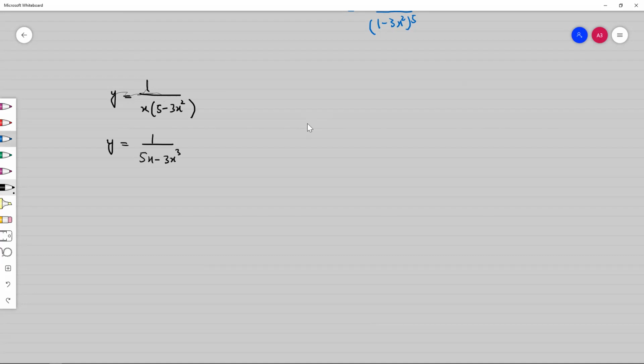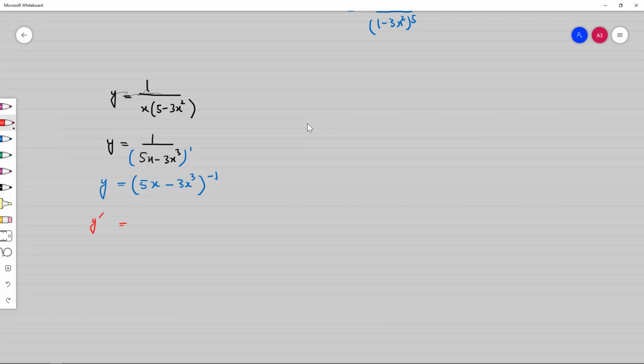Now we have a single expression in denominator, but we don't have any formula when the function is in denominator. So we will shift in numerator. It would become 5x minus 3x cube whole power negative 1. Because if we consider that this is power 1, so when we shift in numerator, it would become negative 1. So the derivative, you can represent derivative with y prime as well. Y prime is also the symbol of differentiation or derivative.